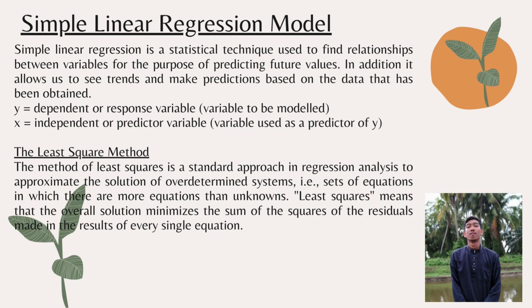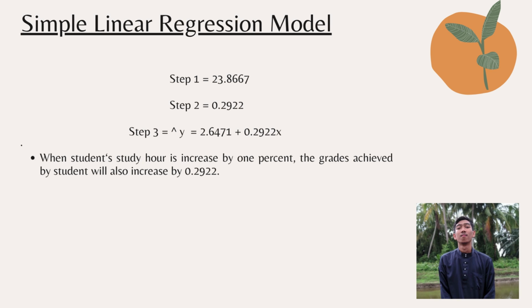We use the least squares method. The method of least squares is a standard approach in regression analysis to approximate the solution of overdetermined systems, for example, sets of equations in which there are more equations than unknowns. Least squares means that the overall solution minimizes the sum of the squares of the residuals made in the result of every single equation. The calculation for step 1, we get